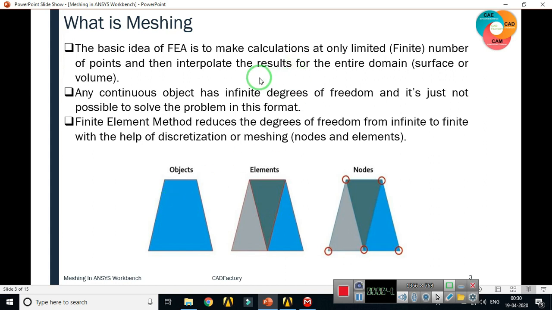The basic idea of FEA is to make calculations at only a limited or finite number of points and then interpolate the result for the entire domain, that is surface or volume.